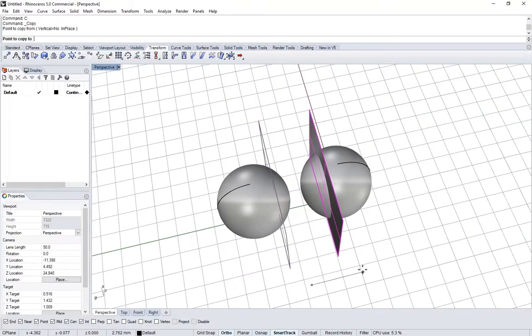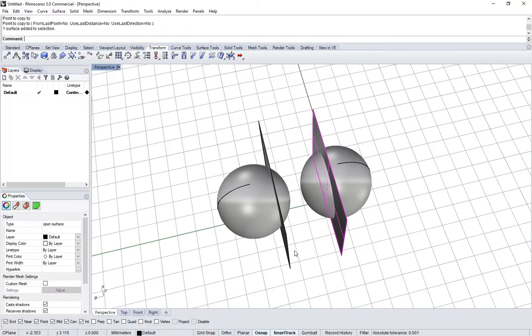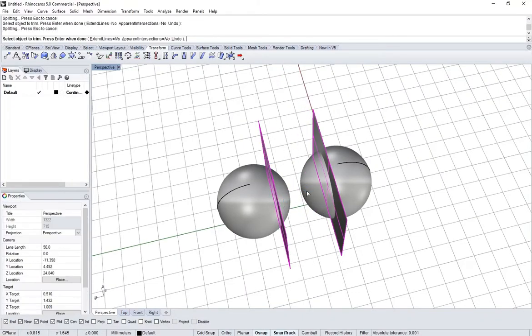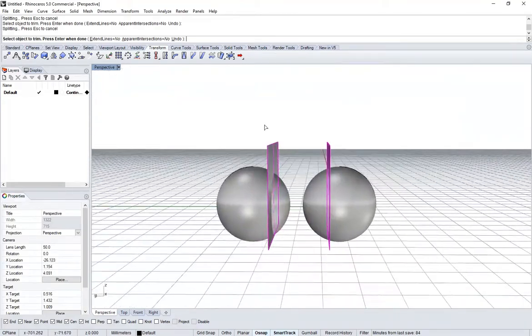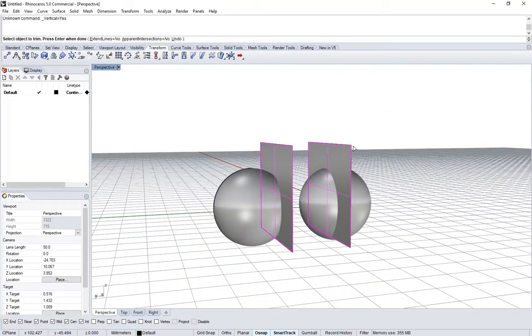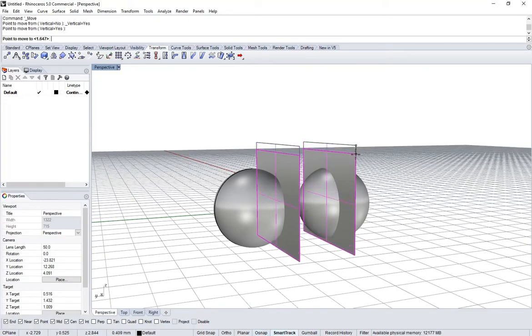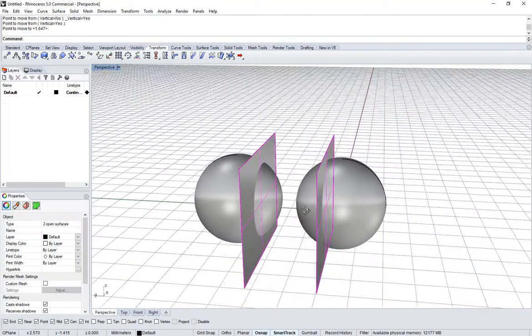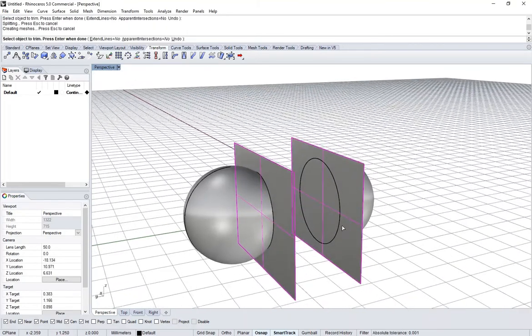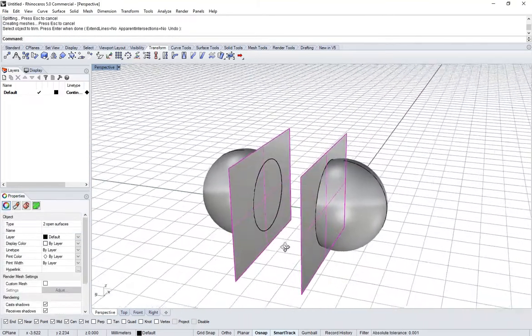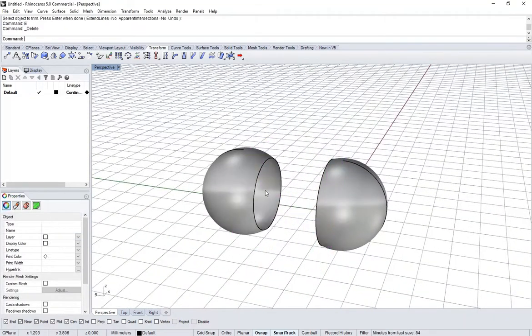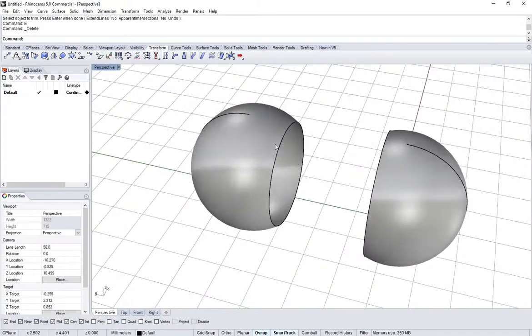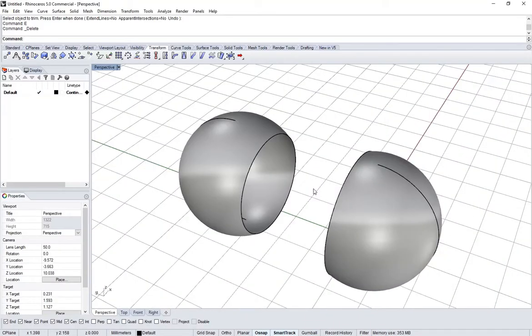And I'll do the same thing on the other sphere. And I'll use these planes to trim the geometry of the two spheres. Make sure that the plane is completely overlapping the sphere. And then I'll hit trim, trim out those pieces, exit out of the command. I'll delete those planes. And now I have these two open edges,